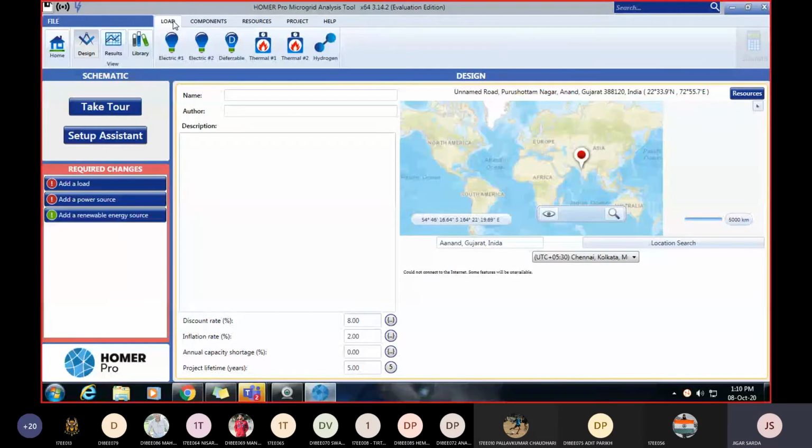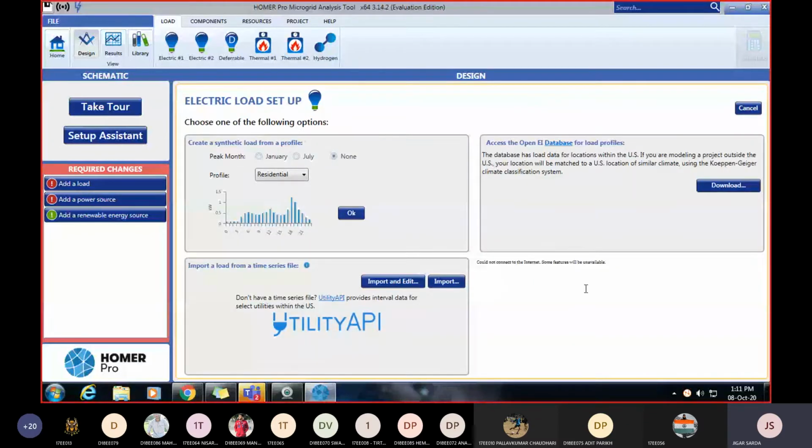So now we start how to perform the first analysis. The first step is to add a load here. So double click on that. The electric load setup tab is open. In UMAPro software, normally two types of peak month are provided, January or July.